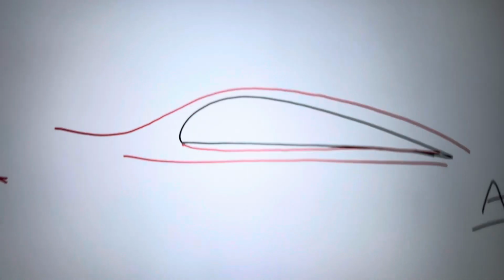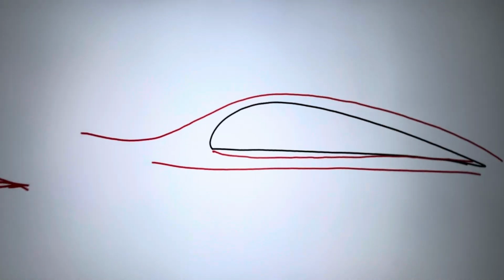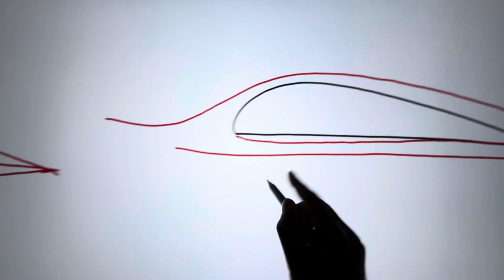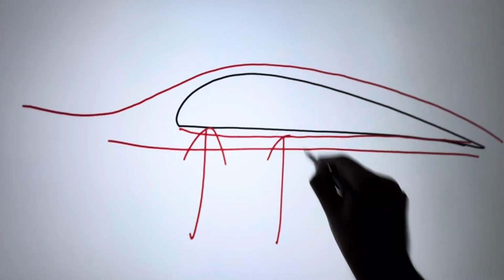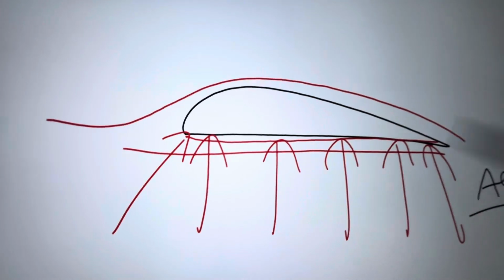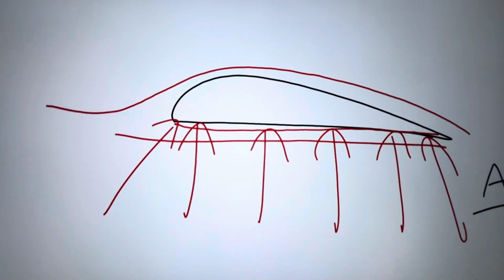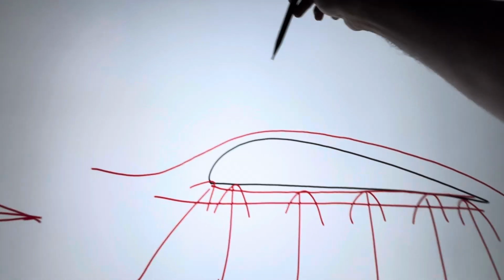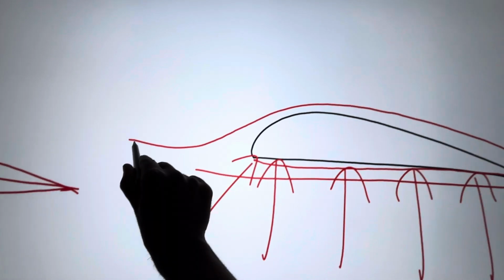Now what's going to happen in this aerofoil is, remember, we have air molecules present on all sides of the object and they are pressing on us on all sides of the object, right? We have a lot of air molecules present on the ground and air is going to press on us on all the sides. Now, why I didn't draw the force of pressure on the top side is,